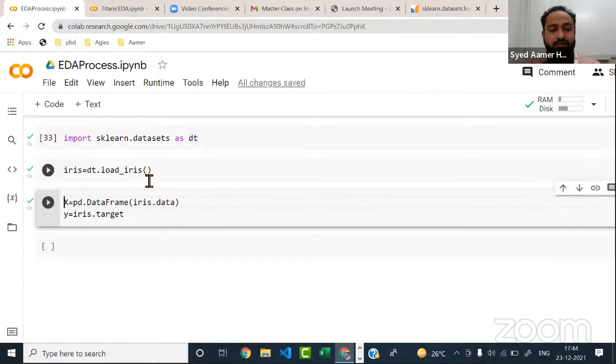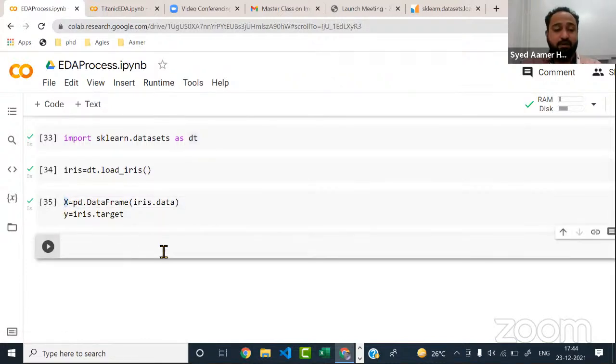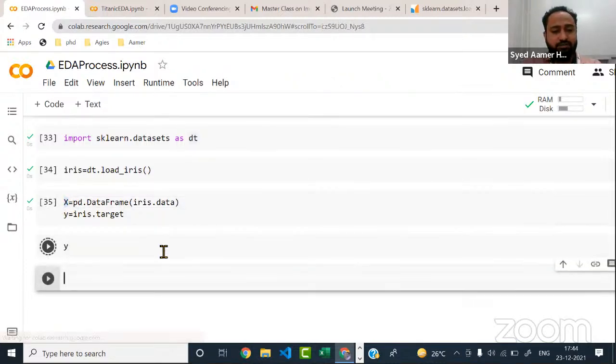From that, you need to have X and Y separated, right? So I'll have X equals pd.DataFrame, and I'm getting the iris.data into my X. And Y, that is my final target value, I will take into Y. From this, I'll explore X, and let me explore Y for you first.